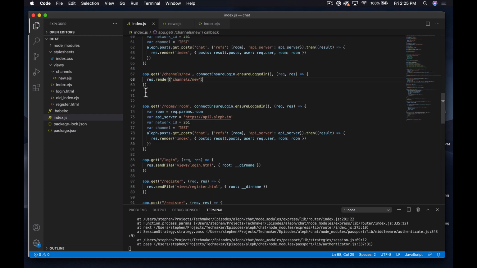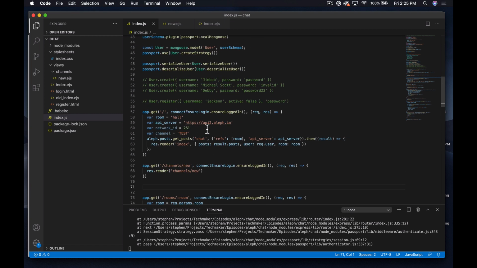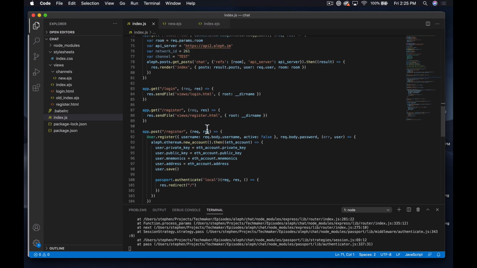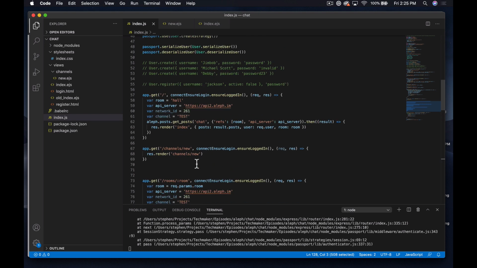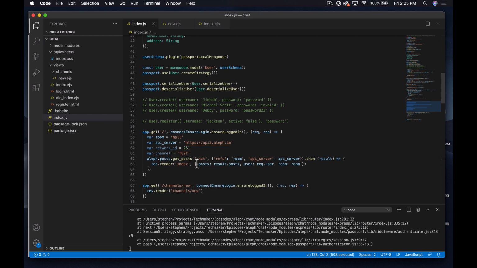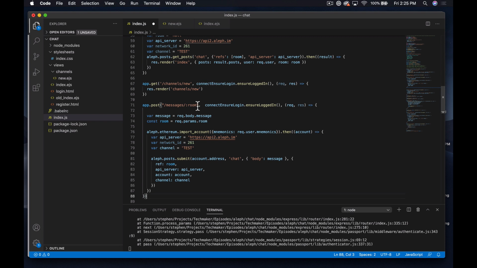Okay, so now we need to write a post method, and I want to basically base it on our post messages here, because we're going to have to do a lot of stuff on the network. Not a lot of stuff. Well, a couple of things. We'll have to do a couple of things on the network. So I'm going to put this right here. Post messages room becomes post channels. So we're going to connect ensure login again, obviously. And then we want to say message. We want to say channel